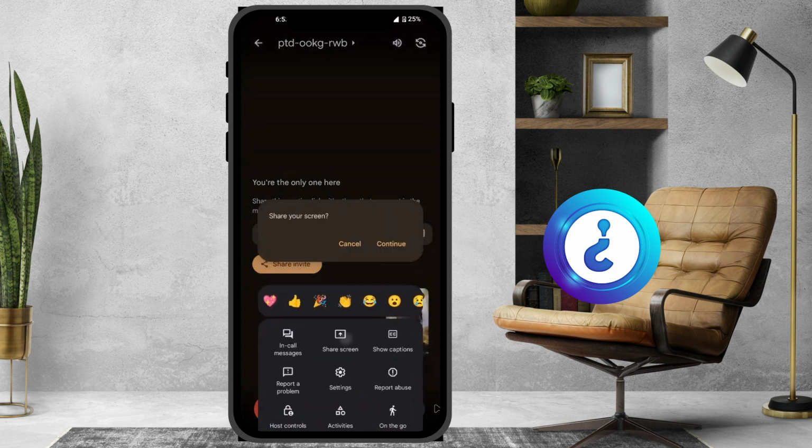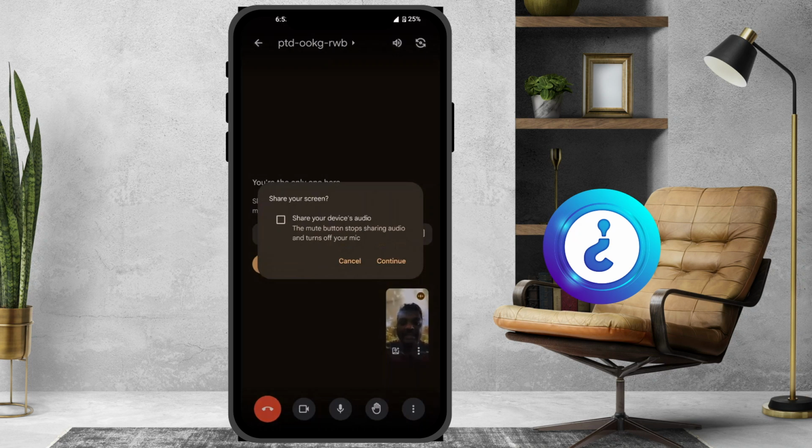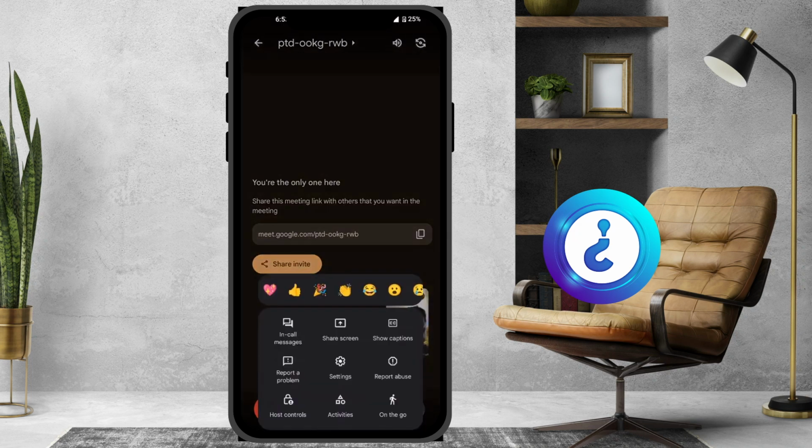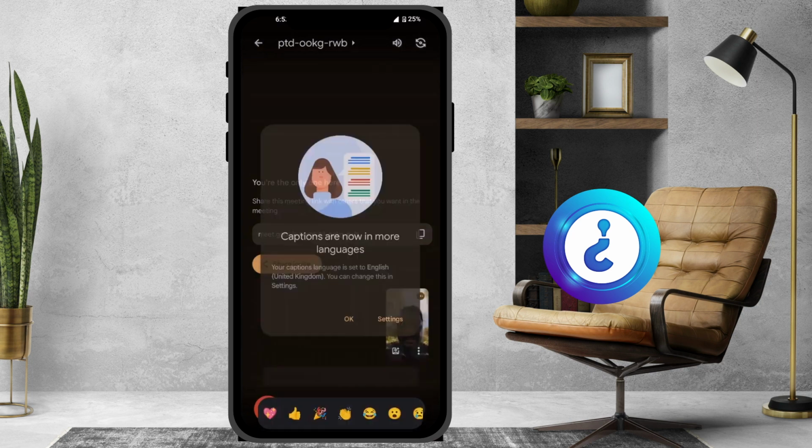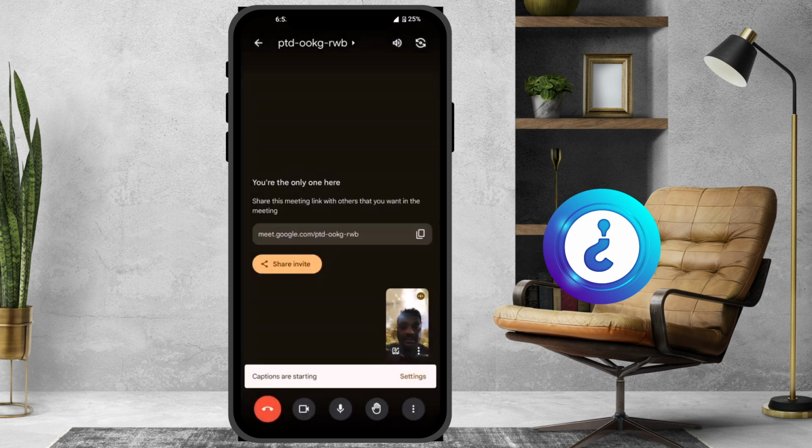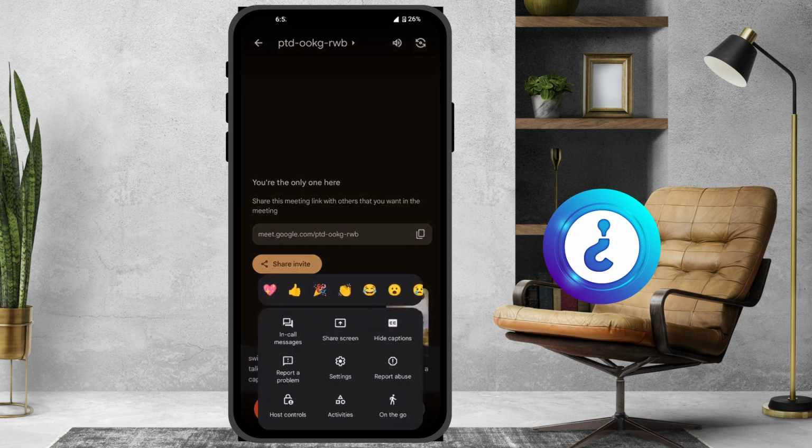Once I click share screen, I can share my screen according to my needs, and I can see the show captions option. So whatever I'm talking, everything will be displayed in a subtitles option, so that the captions will be switched on, so that I can check whether they are talking in a proper language, meaning it will be displayed in captions. Yeah. So I can hide the captions, and there will be activities, host controls,